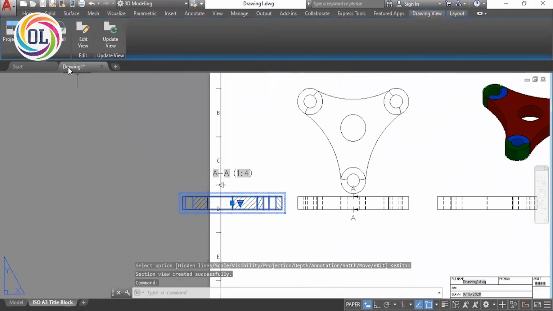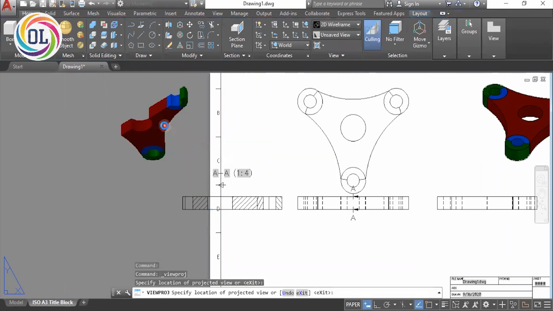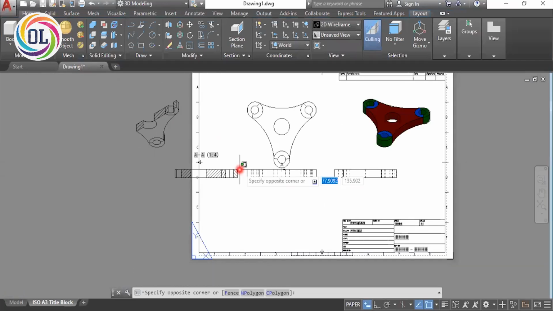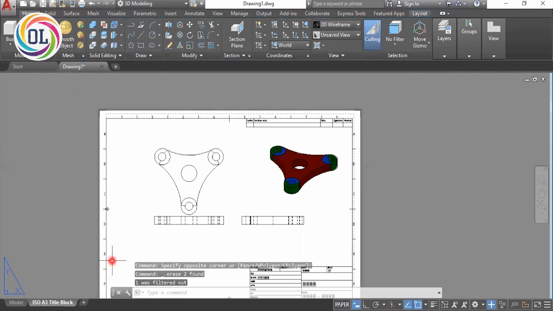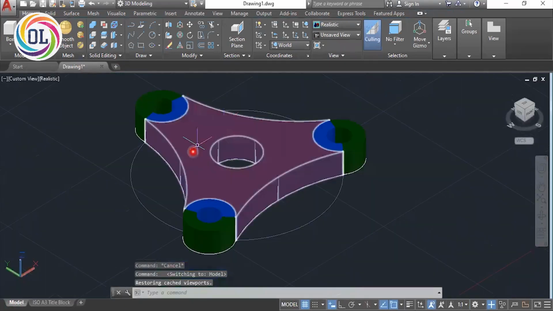We can also create a projected view of this sectional view. So this is a basic introduction to AutoCAD software.